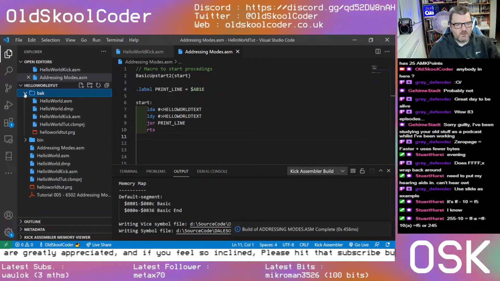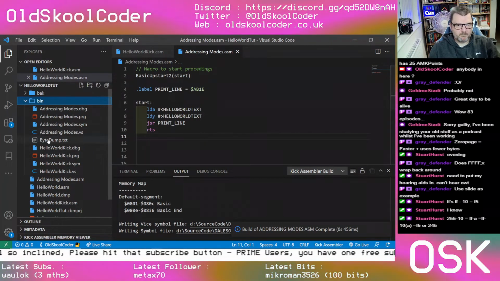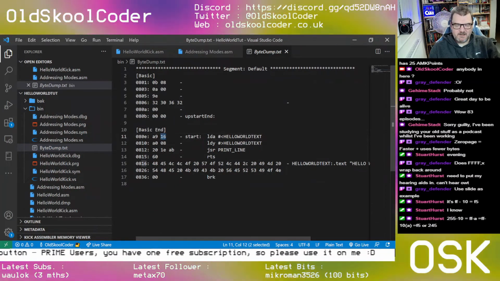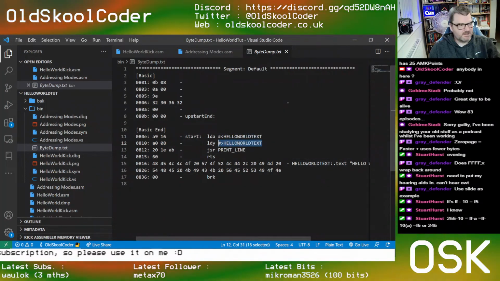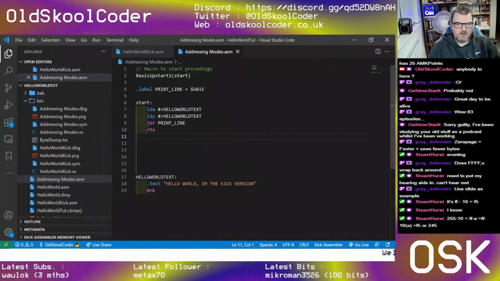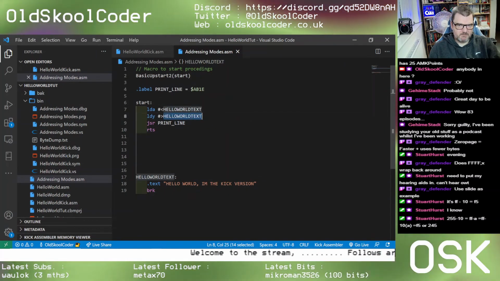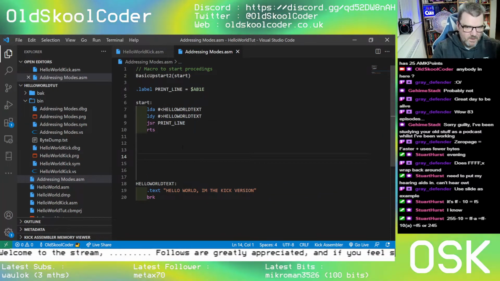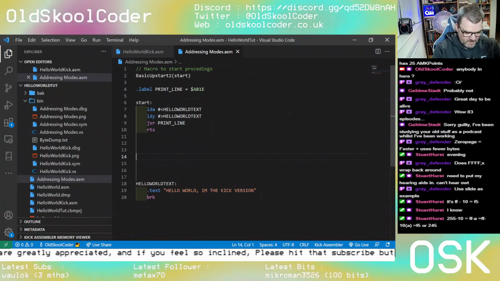But when we come to look at our dump, there we are loading 16 and 08. These are the numbers. This is immediate mode programming. We are telling the computer that was 08 and that was 16. Now, if you want to use another one, the absolute addressing mode, we will then create a